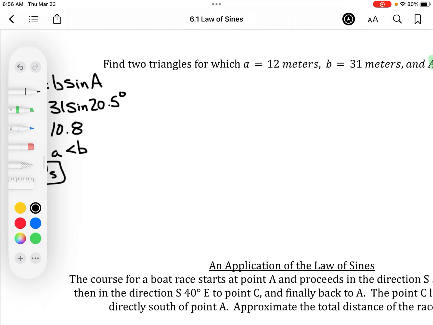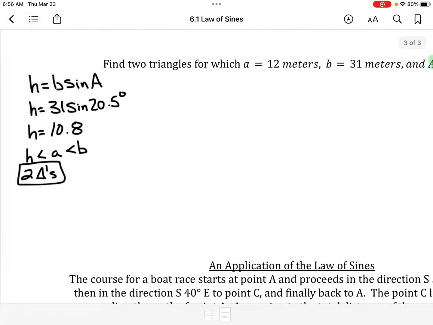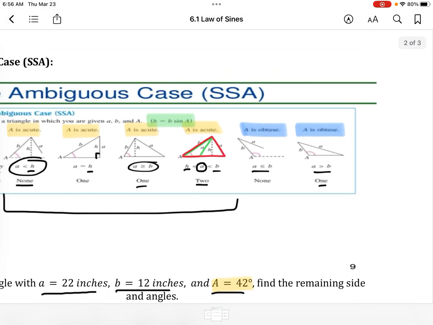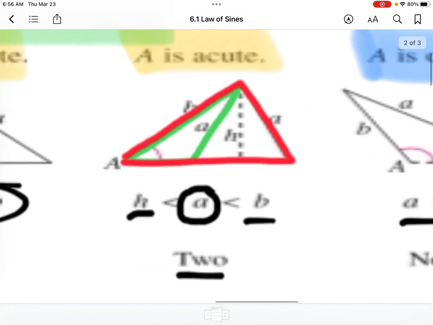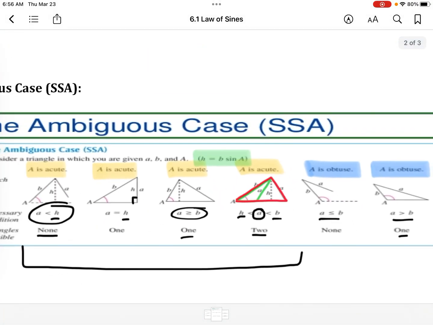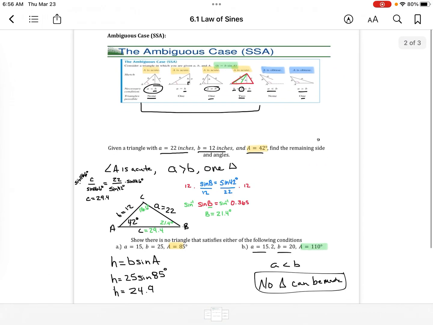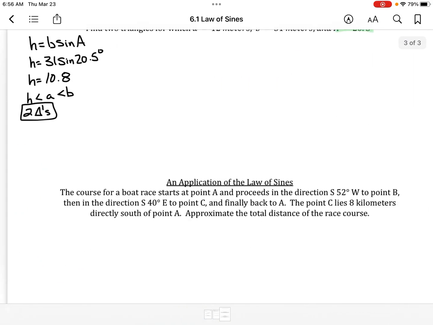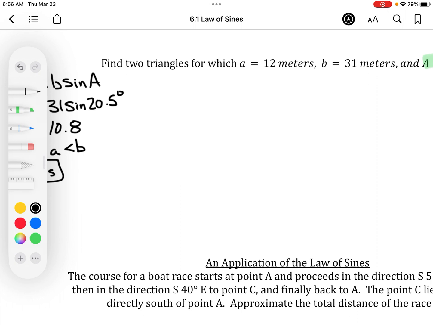So we're going to draw the situation. We have to draw both triangles. Yes, you need to draw both triangles. And our first one, if we look back at that ambiguous case, I've got a green and a red triangle. The red one's the first one that we're going to draw because that's the first one that shows up. And then the green one is actually our second triangle. So always that first triangle is going to be the one that looks like